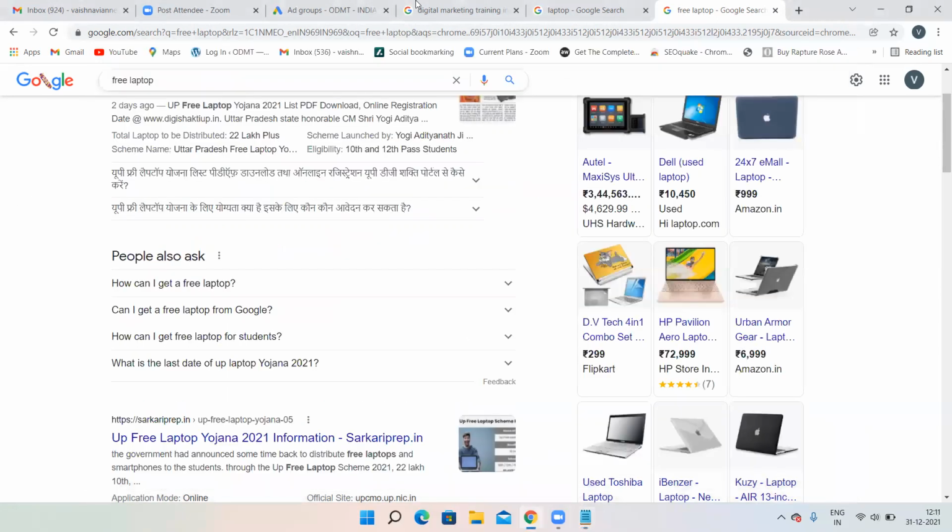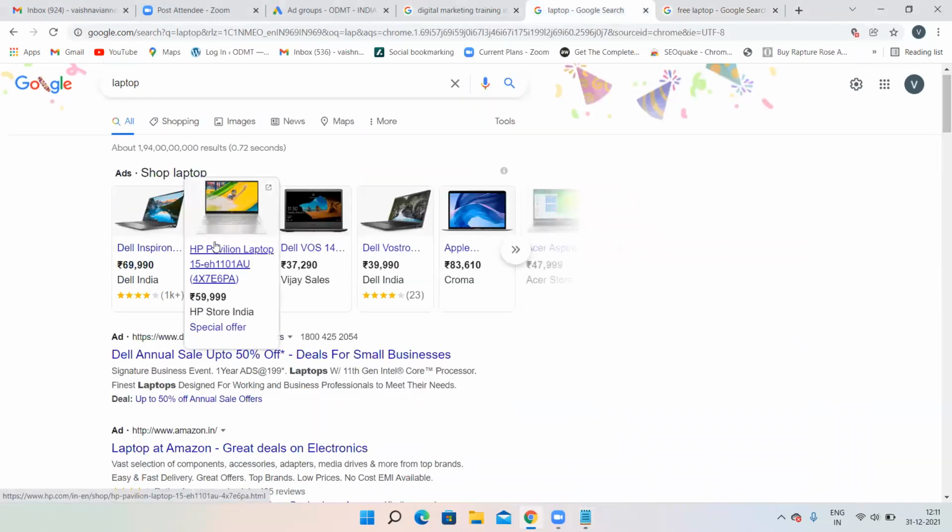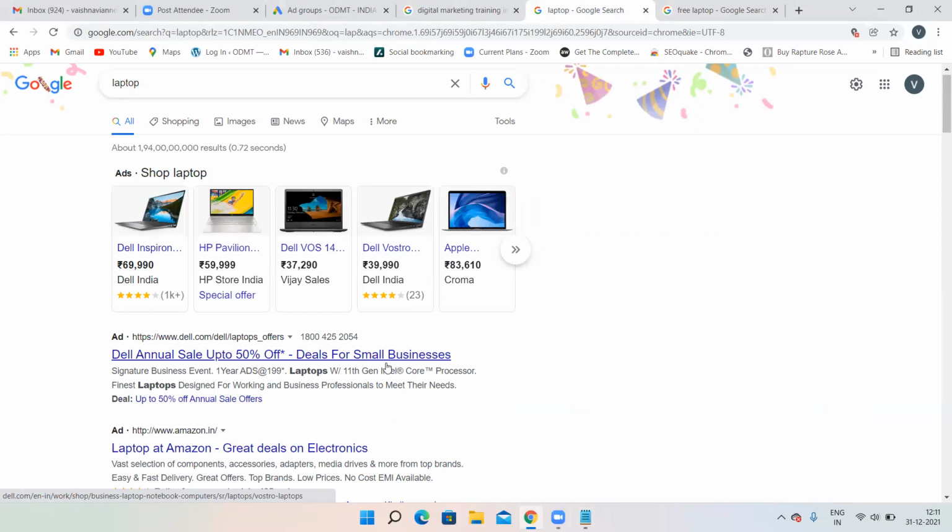I told you, when compared to both the networks, shopping and search, search is expensive and shopping is the cheapest one. Why I told shopping is the cheapest one is because Google targets irrelevant keywords also. That means there is no link between your ad and that particular keyword. That is the reason shopping network ads are the cheapest. The CPA, cost per acquisition, will be really very less when compared to all the other networks, because Google targets irrelevant keywords, so your shopping network campaigns are really cheap.